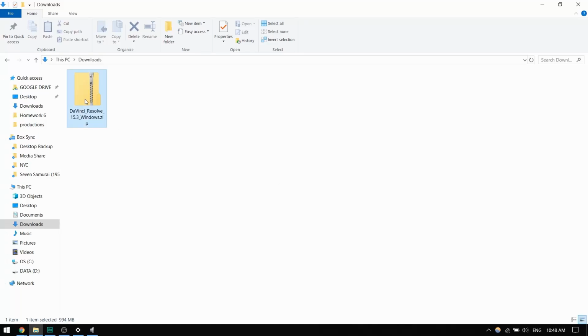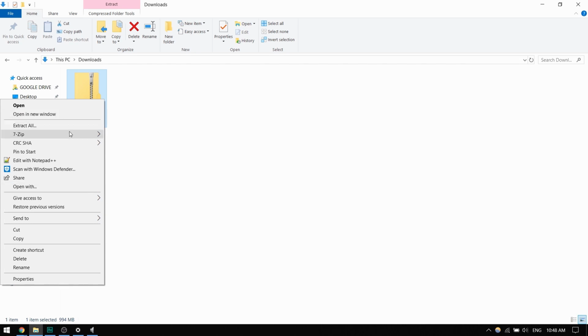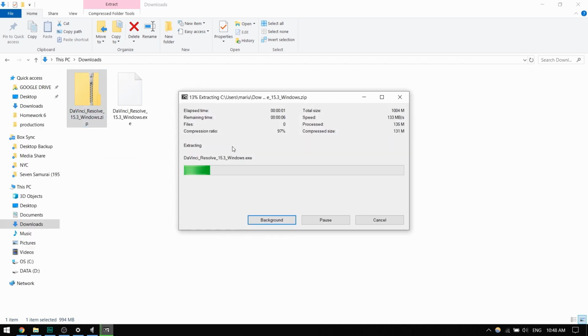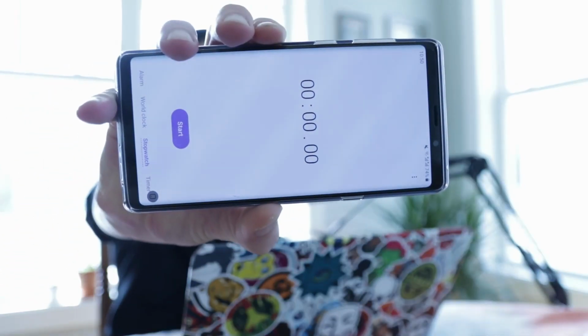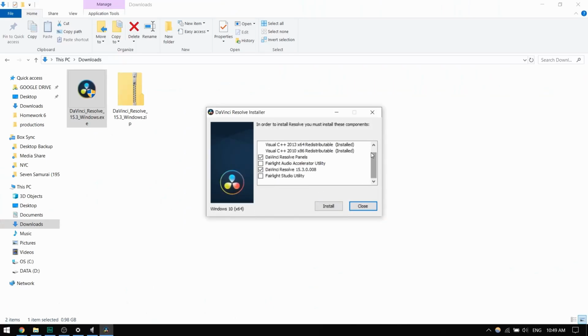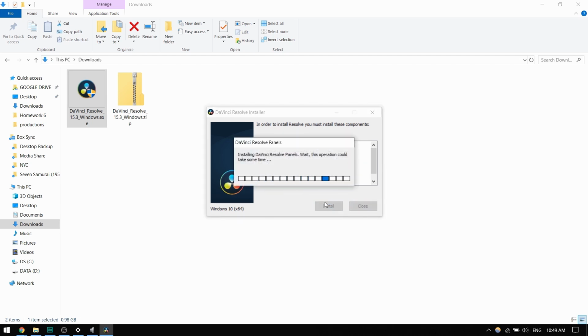So we have just downloaded the software, and I'm just gonna extract the files. It wasn't a big file. Was less than a gigabyte. I think it was 940 something megabytes. And this is the program, DaVinci Resolve. Oh, I haven't started the timer though. Well, I wanted to start a timer, but it is just set to 0. Well, too bad. I think we can try to do that when the program is installed, just to see how